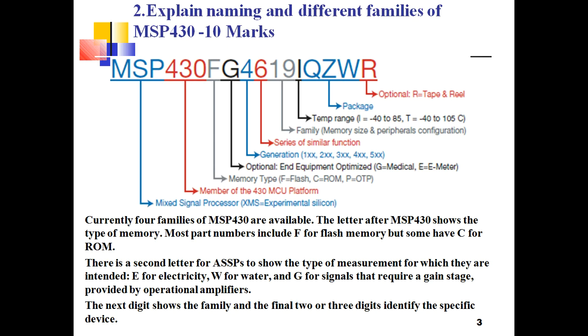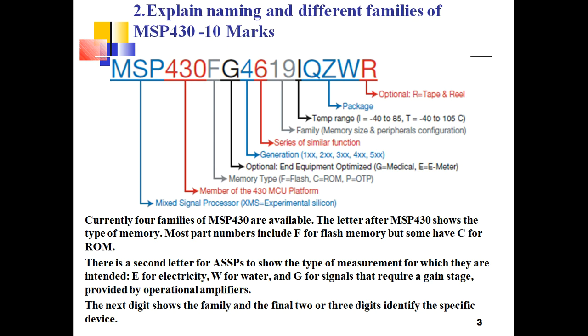Here you can see the figure. Here I have written the letters of MSP430. It will be present on every IC of MSP430. MSP430FG4619IQZWR. Here the first, MSP, indicates mixed signal processor. Okay, the meaning of MSP. Next, 430 means it is a member of